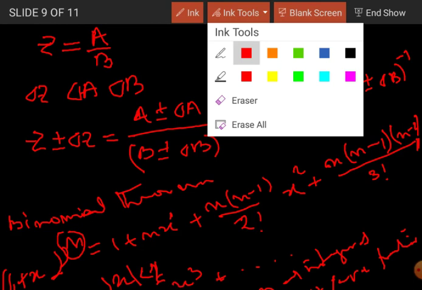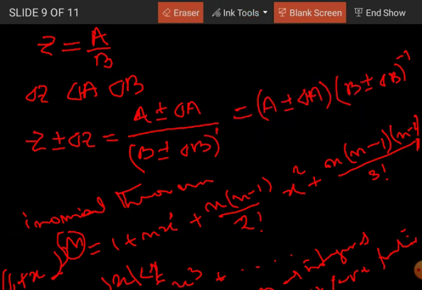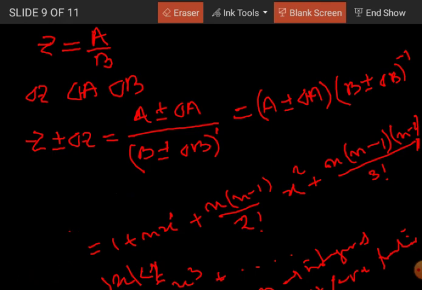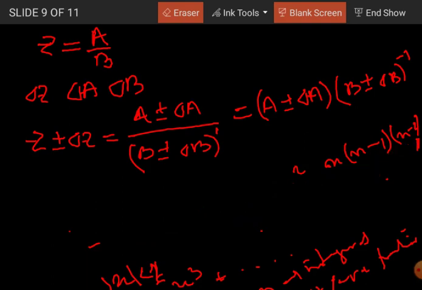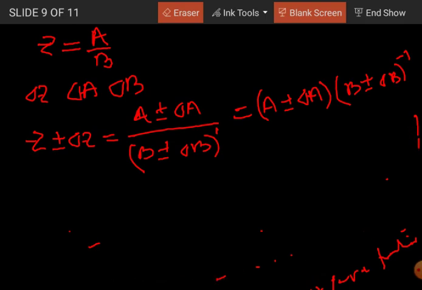You try to pause it and observe it. Then we are going to use this binomial theorem, or binomial expansion, you can say. Now let's go further. Let me erase these things, and then we will go to the next simplification. Now you see this here, this one we can use